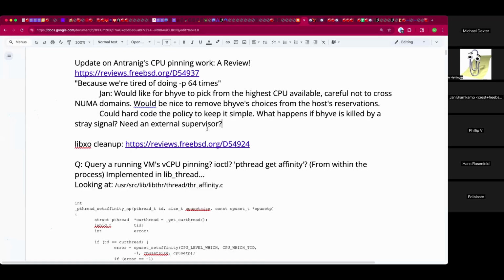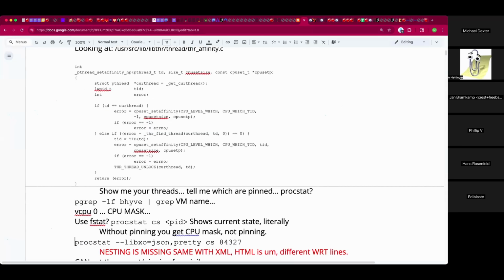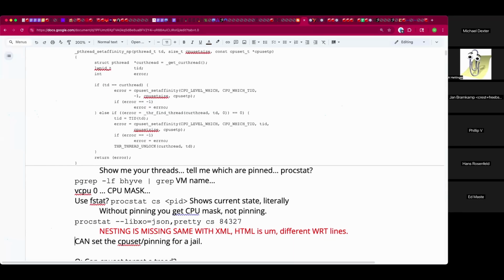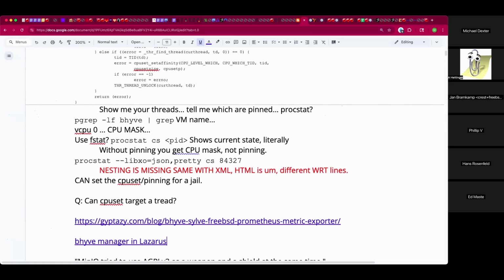Cool. Any feedback on that? Any questions? Any other ideas of how this could behave? Cool. So here were some remnants from last week when we worked out the logic that led to this review. And here was the, oops, the XML is not nesting. So I'm glad that got looked at within the last week. Great work.